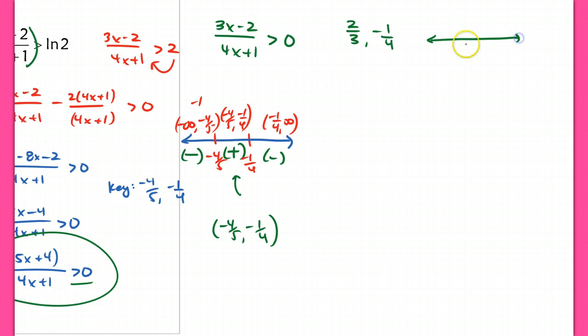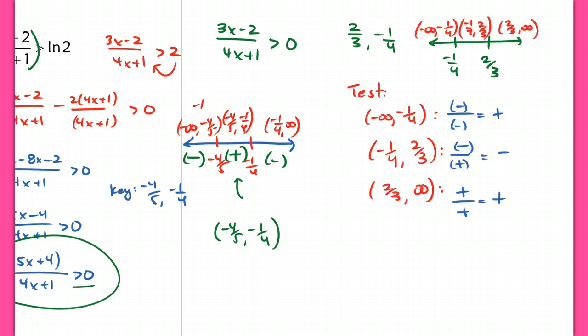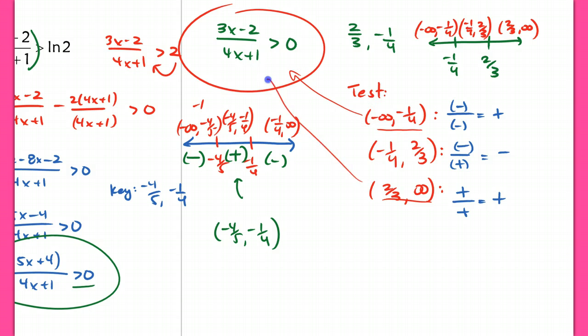So I need to test 3 different intervals, just like I just did here, to figure out where it's greater than 0. Now, just for the sake of your sanity, I went through this. I know this problem's getting really long, and hopefully it's not confusing you. If you just go back and play it over again, hopefully listening to the explanation one more time might help you a little bit. But I tested the intervals here, using our original input here and making that greater than 0. I tested our intervals, and I found that these 2 intervals were positive, so it would satisfy this original